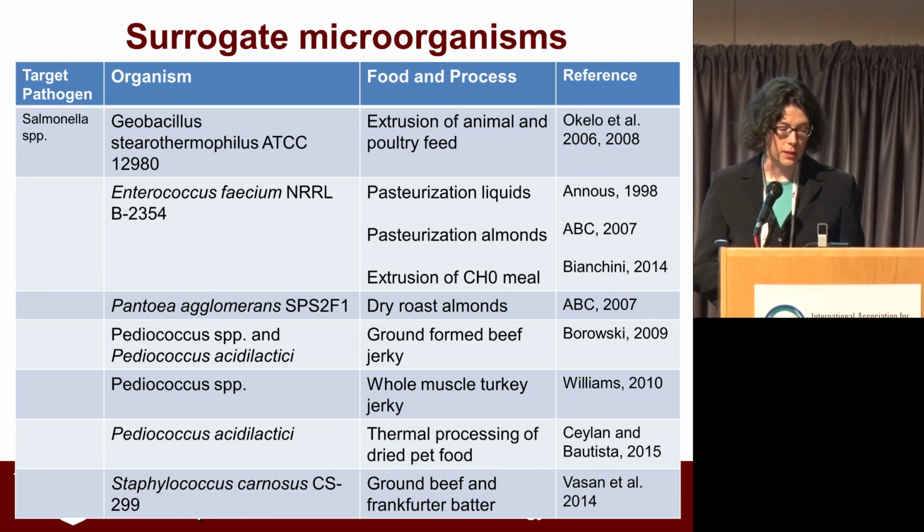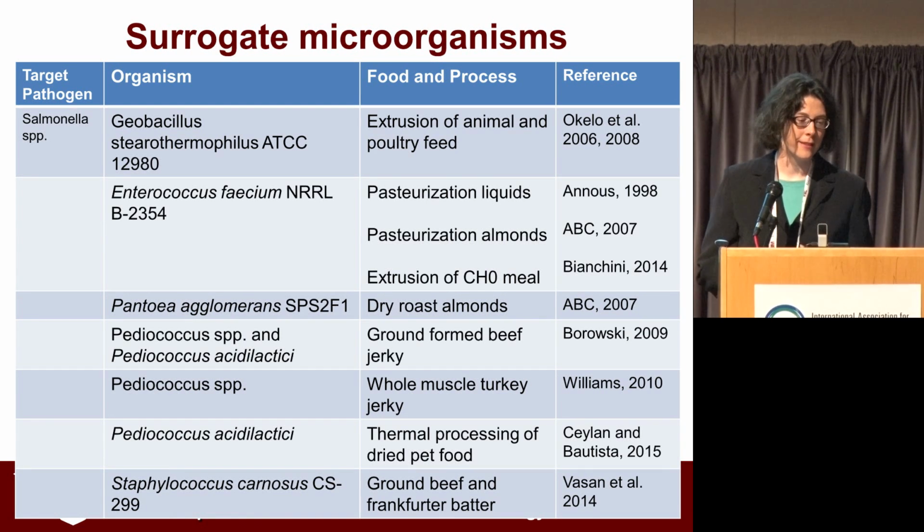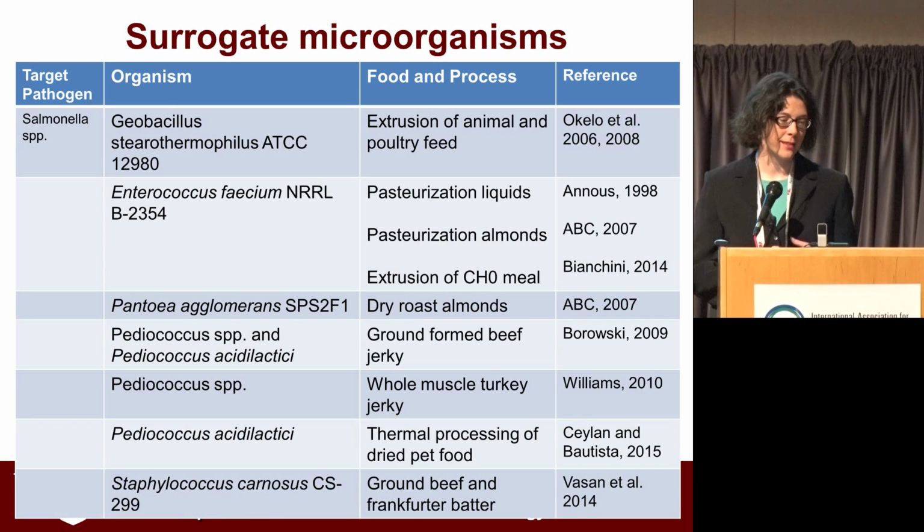That was some of the early studies looking at extrusion of animal and poultry feed. That is a very conservative surrogate for inactivation of Salmonella. It is very difficult to kill that Geobacillus stearothermophilus. Those of you might be familiar with that. That's a standard surrogate organism used for autoclaving in the pharmaceutical industry for medical implants type of thing, so it's